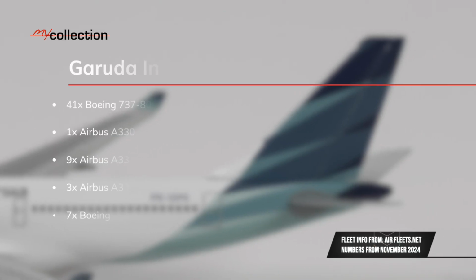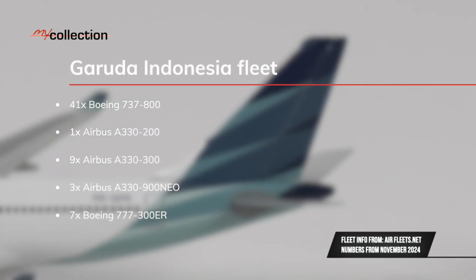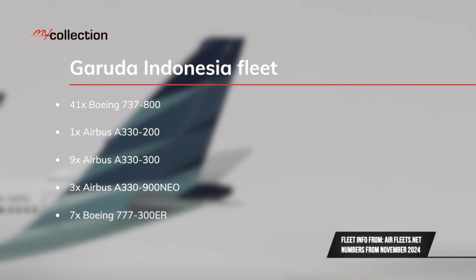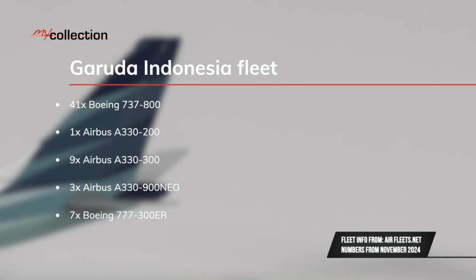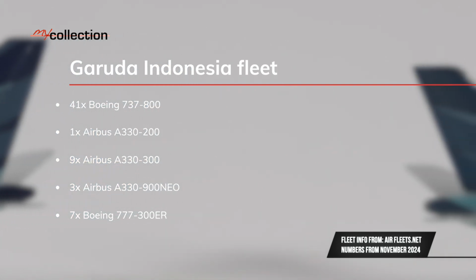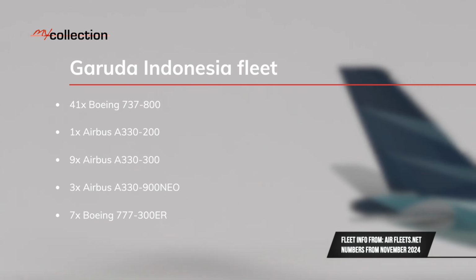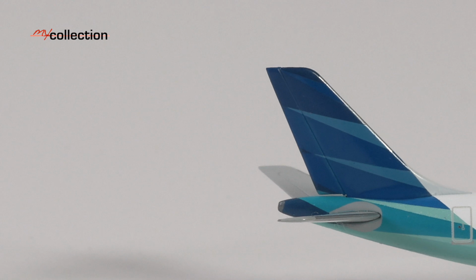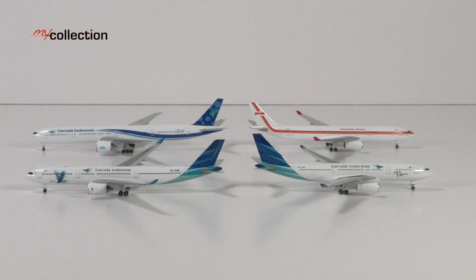The current Garuda Indonesia fleet as of November 2024 consists of 41 Boeing 737-800, 1 Airbus A330-200, 9 Airbus A330-300, 3 Airbus A330-900 Neo and 7 Boeing 777-300ER. I will now leave you with some more images of my Garuda Indonesia fleet, but I'm very curious to